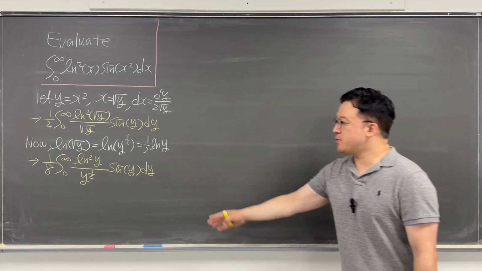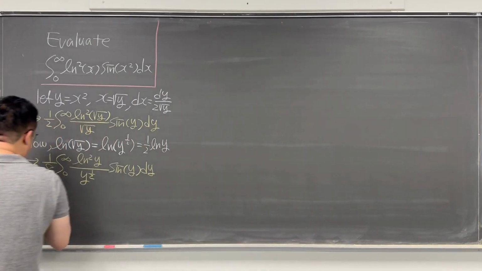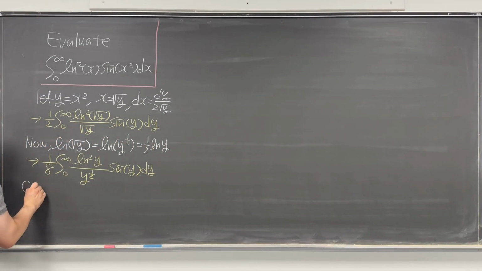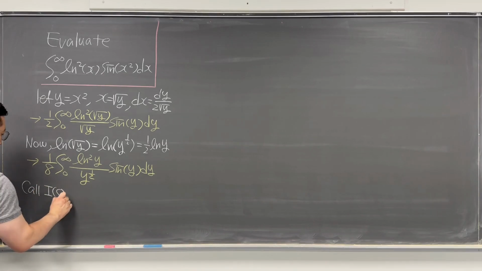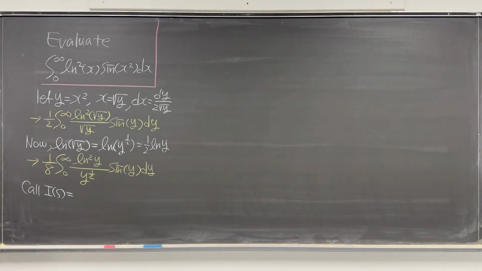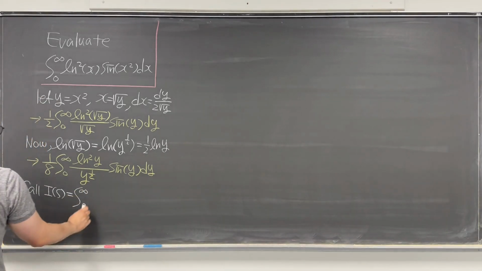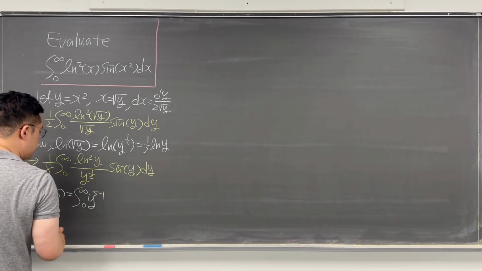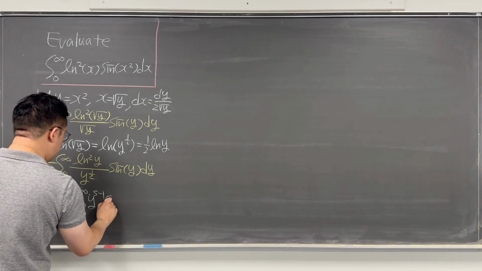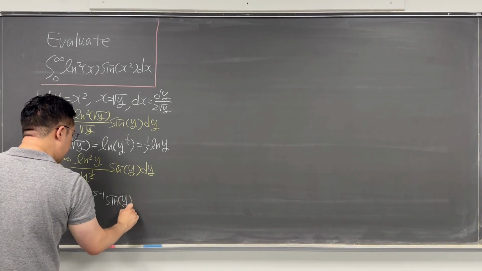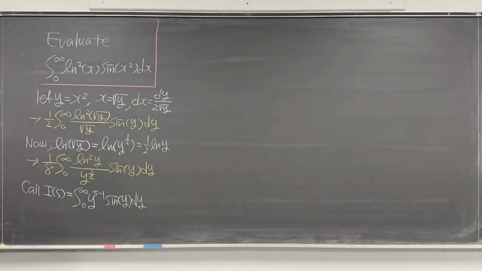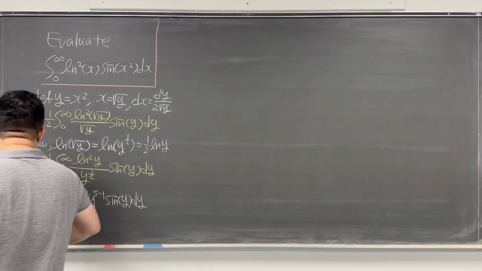Okay, so based on this result, let me define I of s as the integral from 0 to infinity, and your integrand has to be y to the power of s minus 1 times sine y dy. Then if you plug in 1 over 2 for s, I of 1 over 2